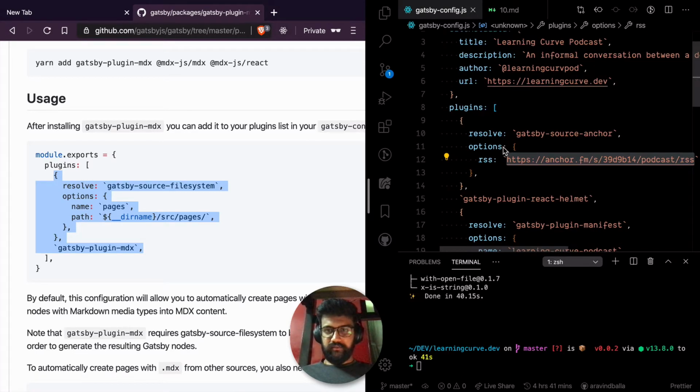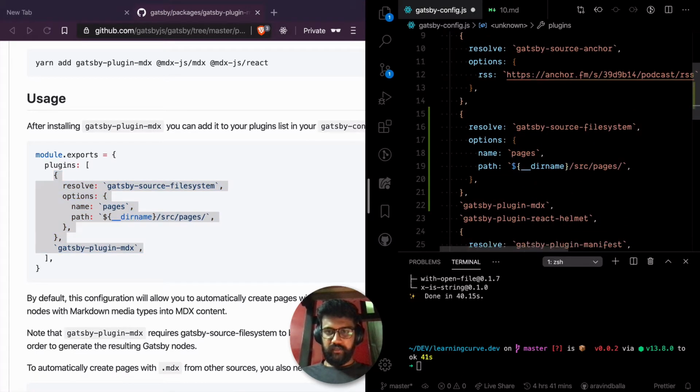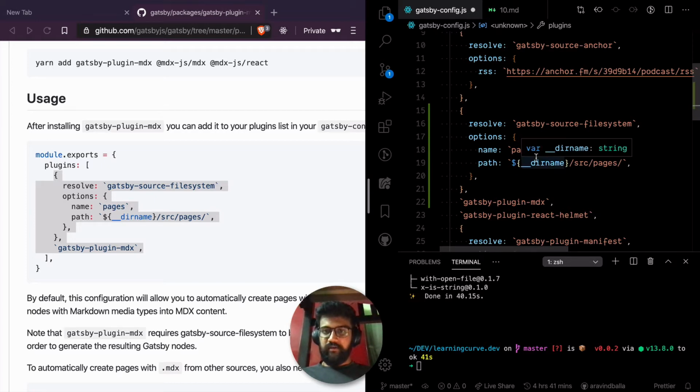Add these plugins after or before this, actually the order doesn't matter, but the name will be episodes or epi, what should the name be?